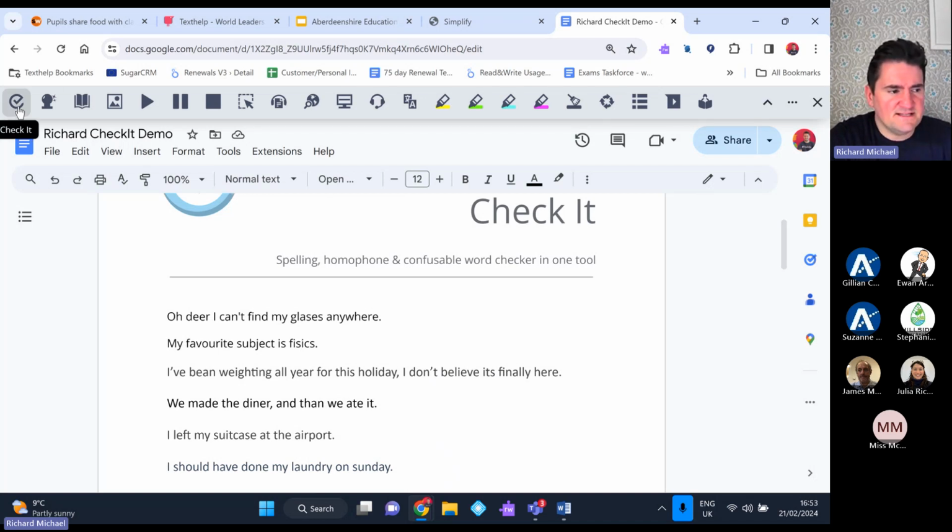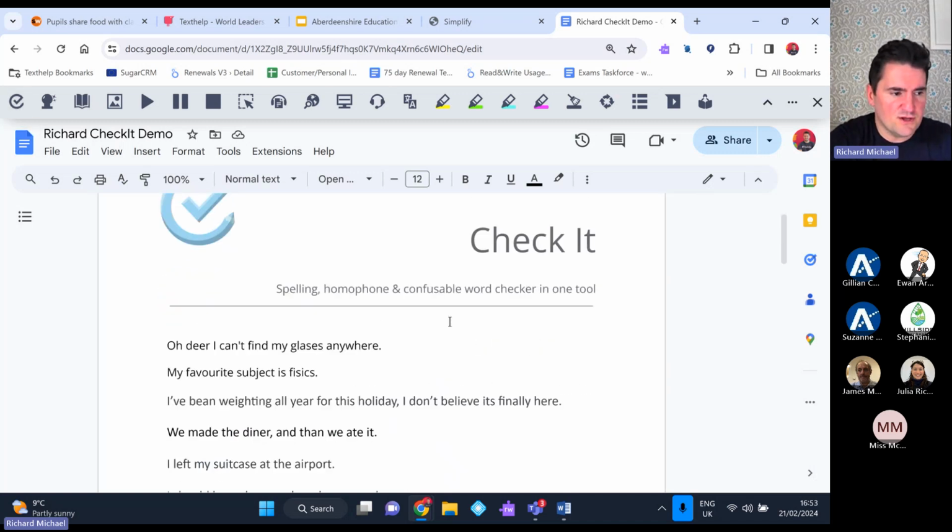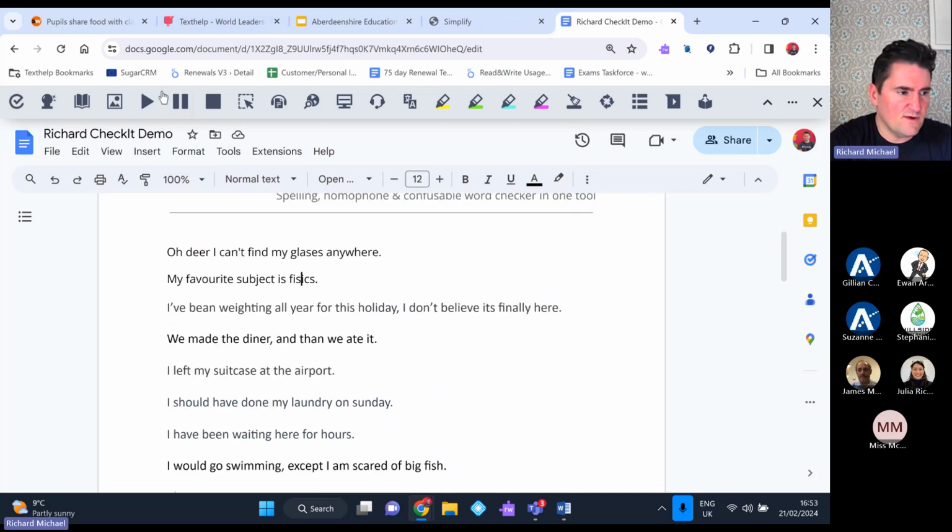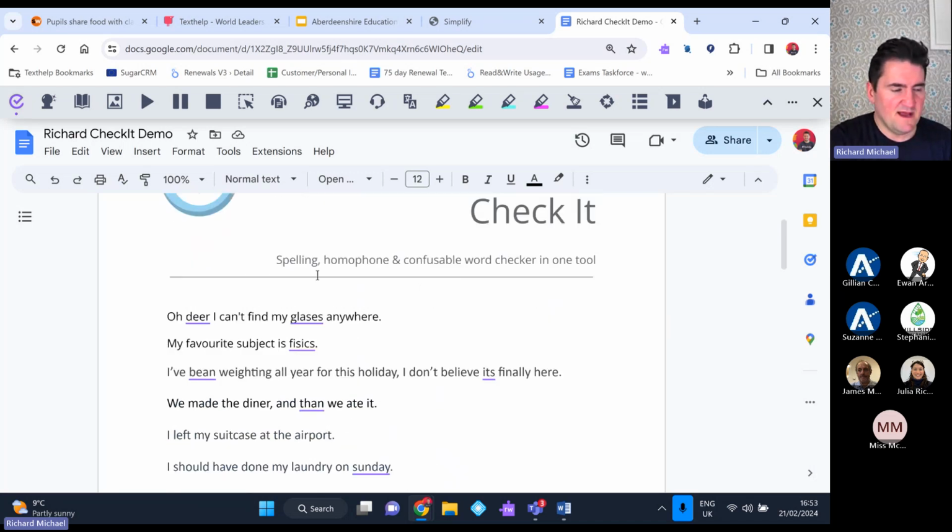Check-It is this little feature on the toolbar, and again, it works in exactly the same way in Read and Write for Windows. There's no difference there. But I'm now in a Google Doc, so I'm using the Read and Write for Google Chrome extension. And if I click on Check-It,